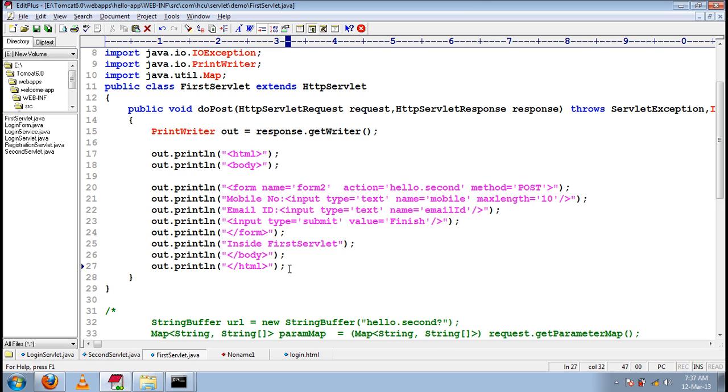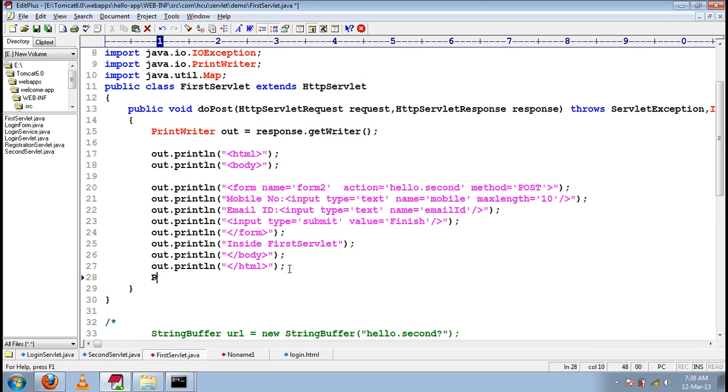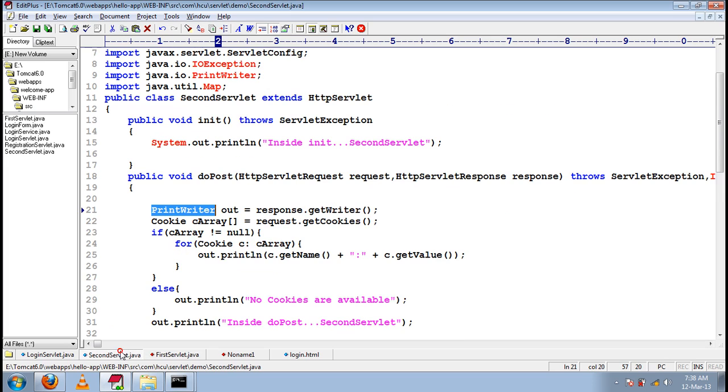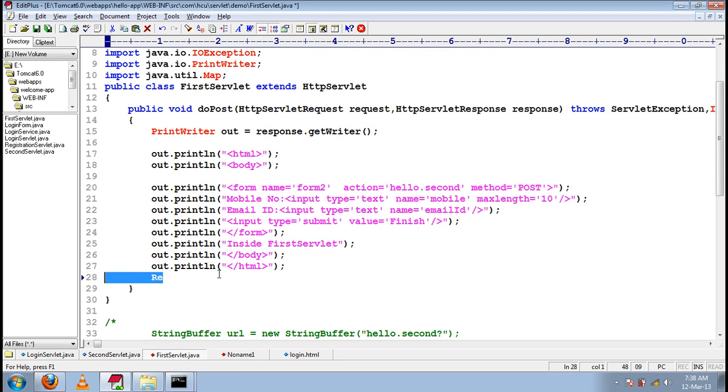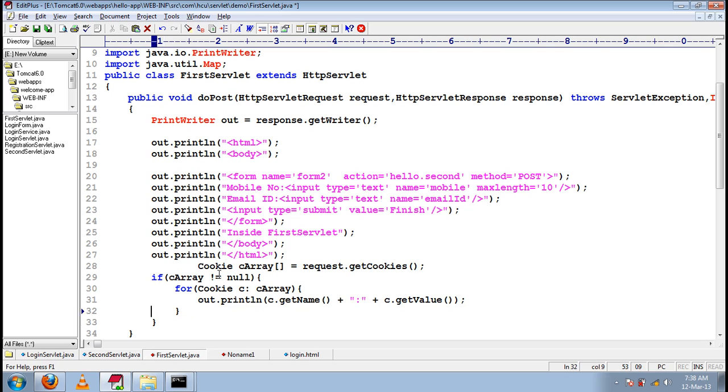What we can do is access the cookies in the same way that we have access here. We go for a for loop from the request object. We were told that for every subsequent request, cookies will be available.